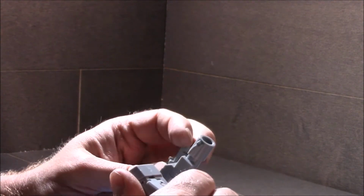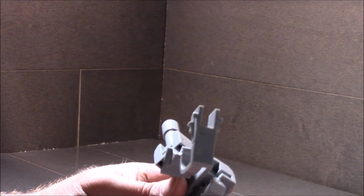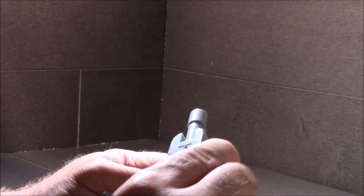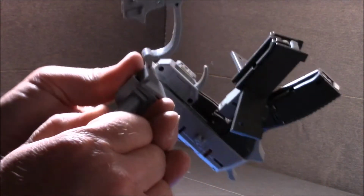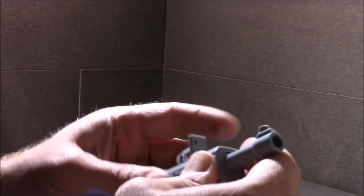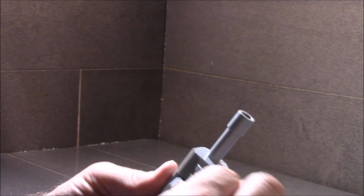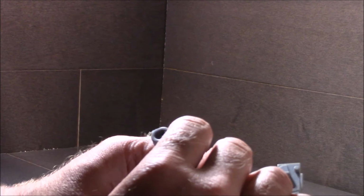Alright, so let's not fight with it any more than we have to. Let's pull that out. Right, here's the trigger. Pull it down. Swing your barrel down. Oh, that's why. No wonder. That went in there much better. Well, but I can't keep it that way because I've got to...